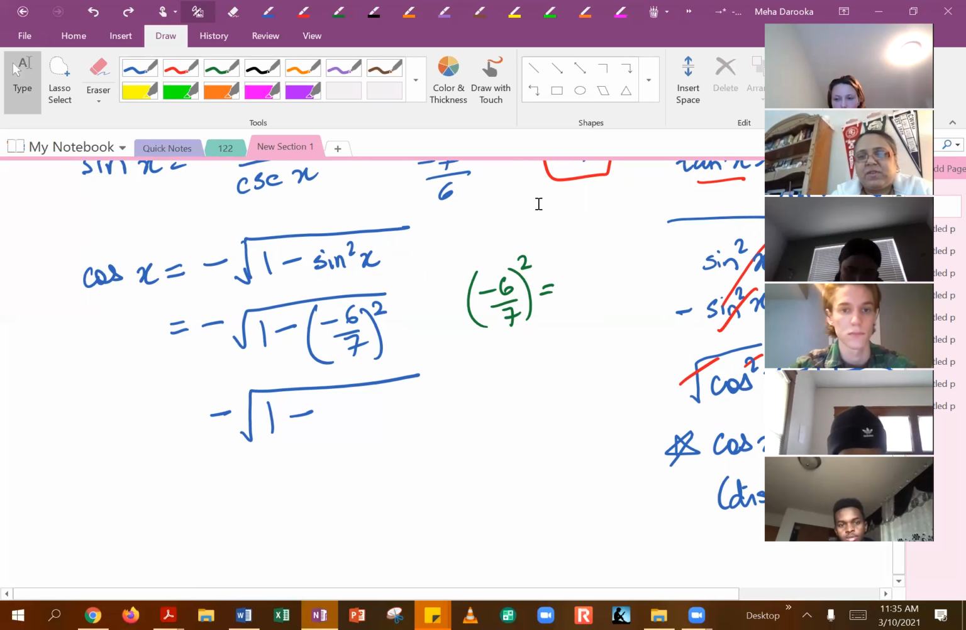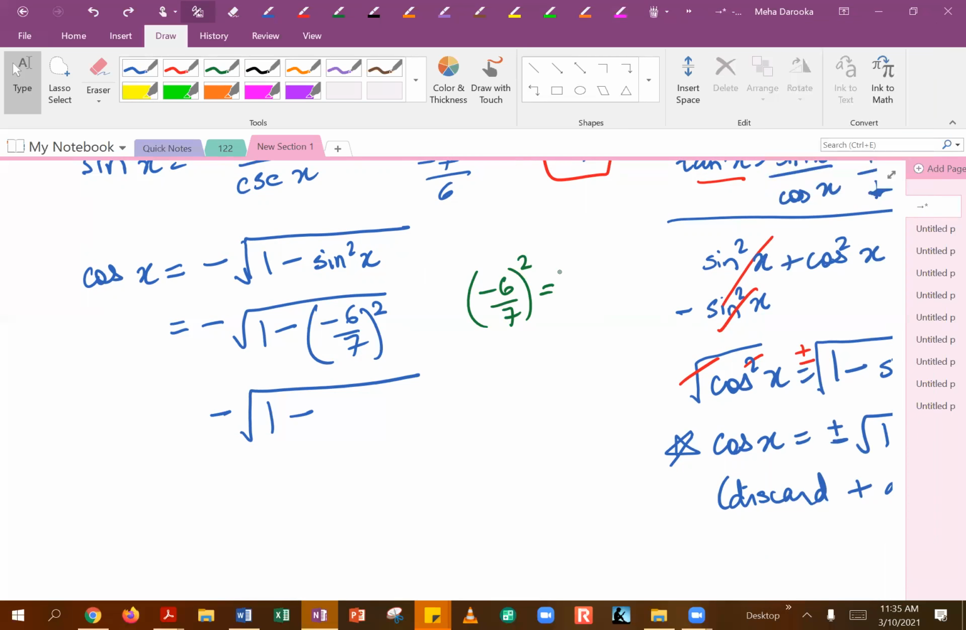For negative 6/7 squared, what does that answer end up looking like? 36/49. Very good. You're just taking 6 times 6, which is 36, 7 times 7 is 49, and negative times negative becomes positive. So you're doing 1 minus